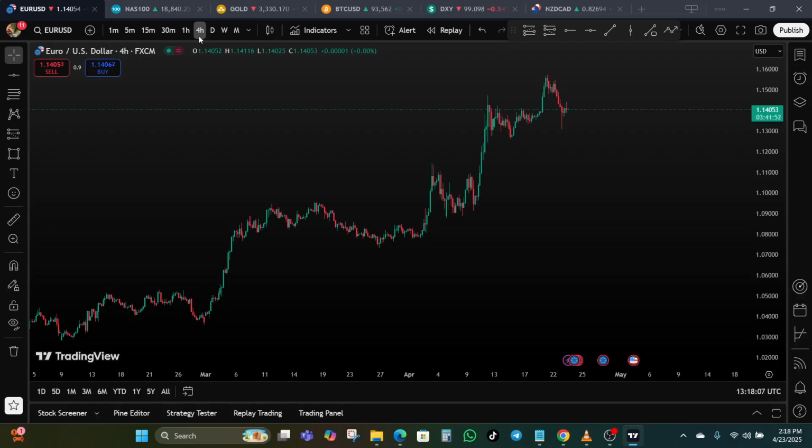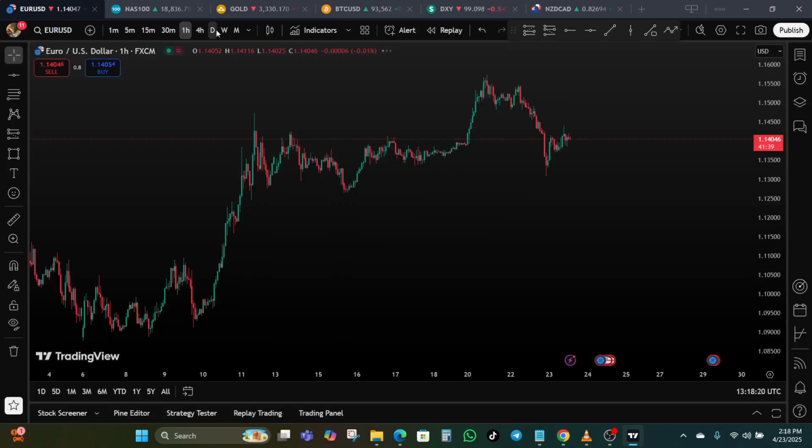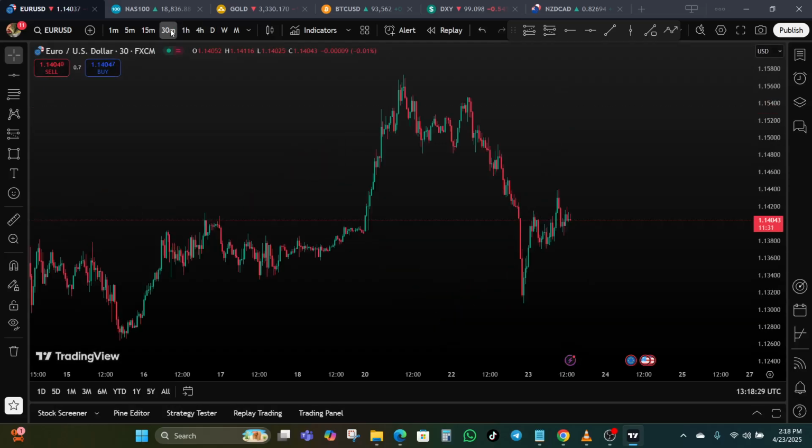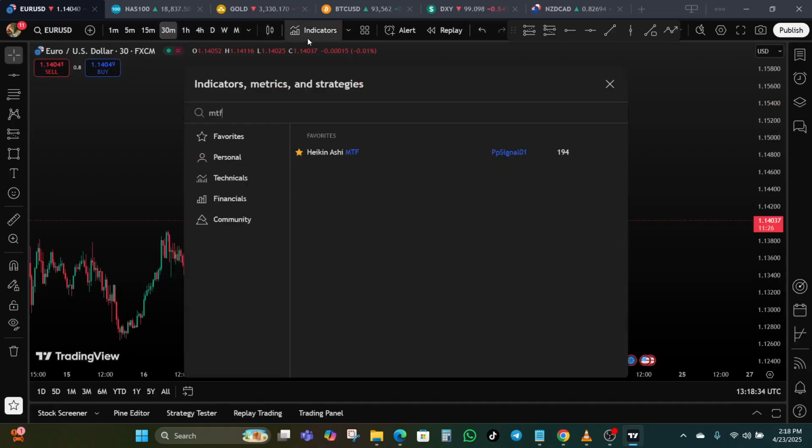Now, how do the multi-time frame indicators work? How do these indicators actually work? They pull data from higher time frames like the 1 hour or the daily time frame and then overlay that information on your current chart, whatever time frame that you are on. For example, if you are using